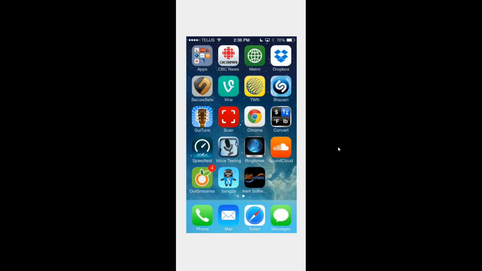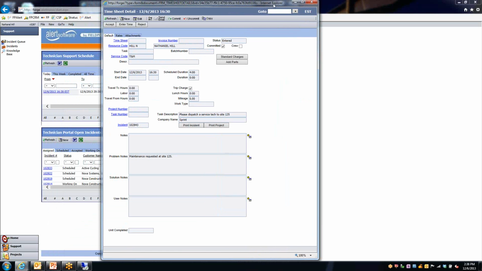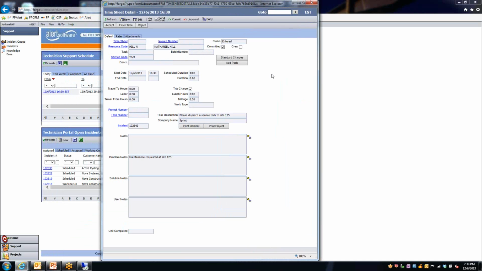Now we're seeing the iPhone with mail at the bottom, Safari, messages. Oh, weird. Yeah, you shouldn't be seeing that at all. I'm quite a bit ahead of you. Okay, now it popped out to timesheet detail. Let me know when you can see my cursor here. Yeah, we can see it. Okay. Well,